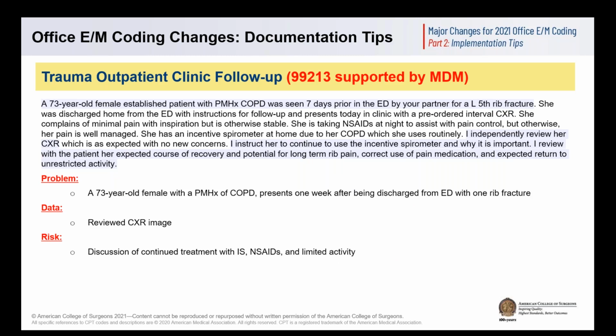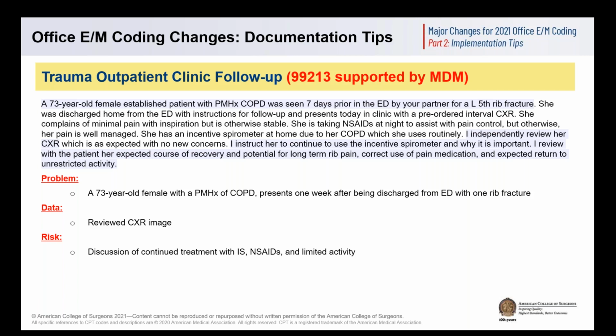I'll be presenting outpatient established patients in the trauma clinic, 99213 through 215. So for our example, each patient will be similar, but with increasing degrees of severity of injury and comorbidities. So the first patient is a 73-year-old female with a past medical history of COPD who was seen